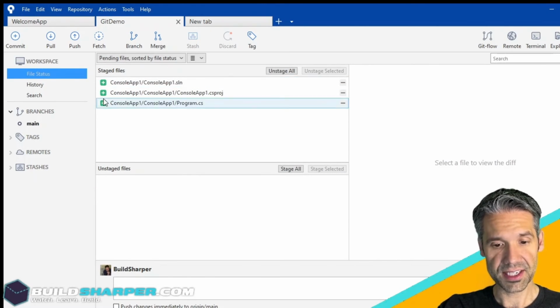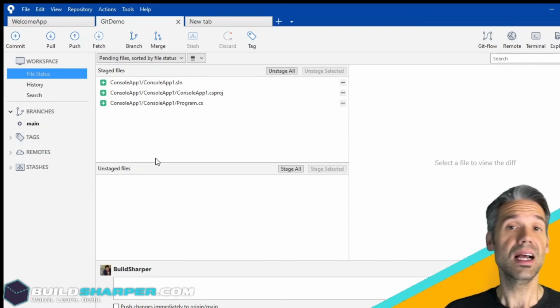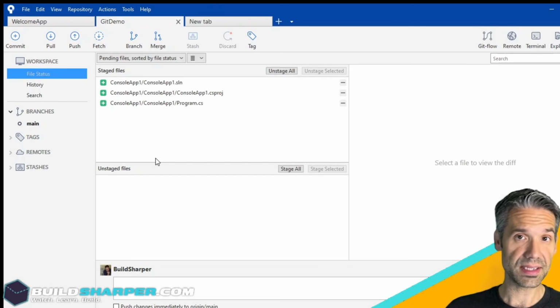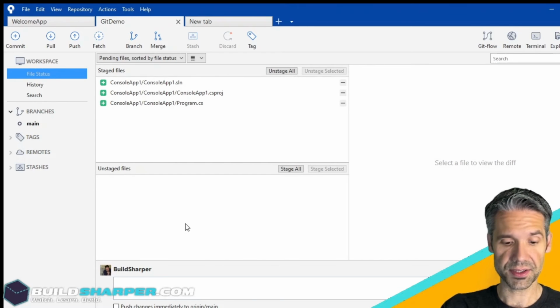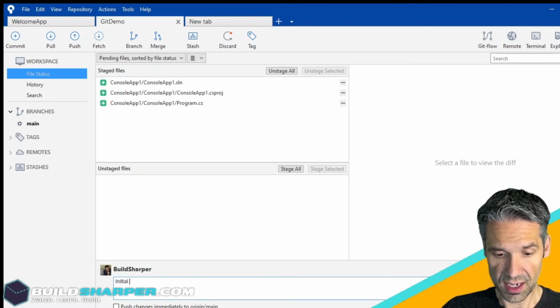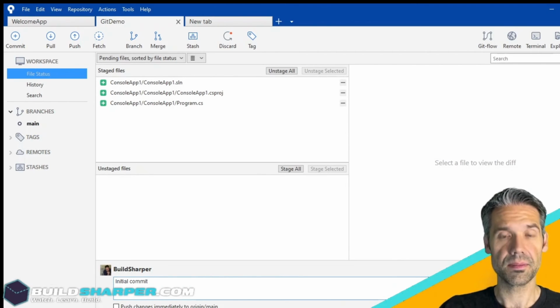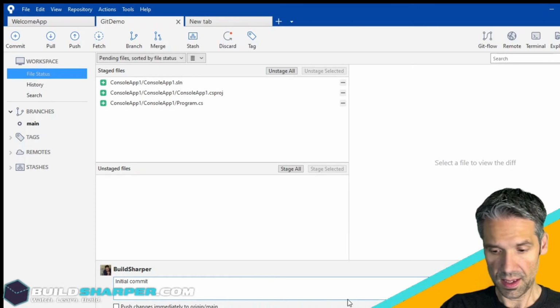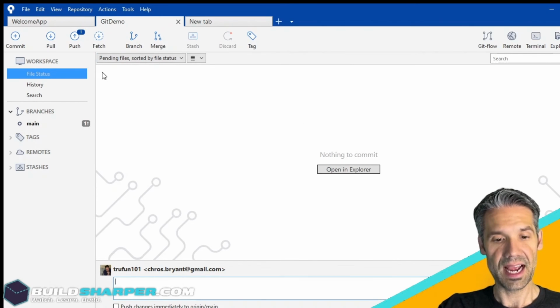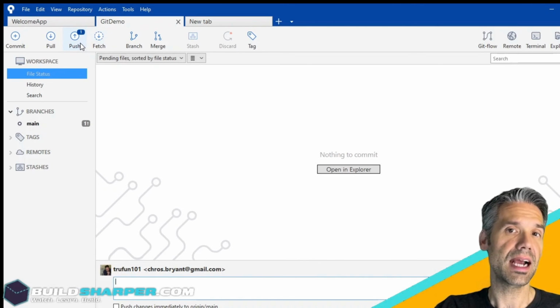I now have my staged files. As we said at the beginning, a commit consists of a collection of files and a message. So we have our collection of files here, but now we have to give it a message. So we're just going to say initial commit. So we've done our commit. Now, up here up top, we see push now shows that we have 1 pending push,